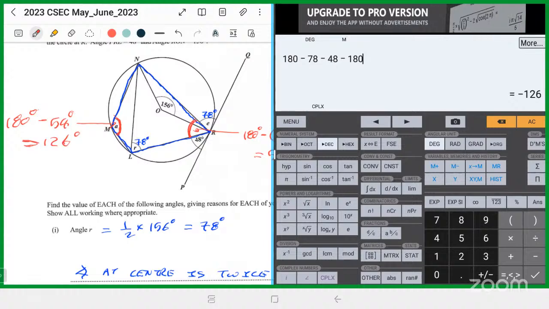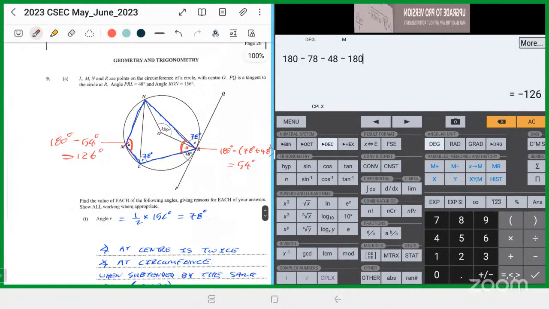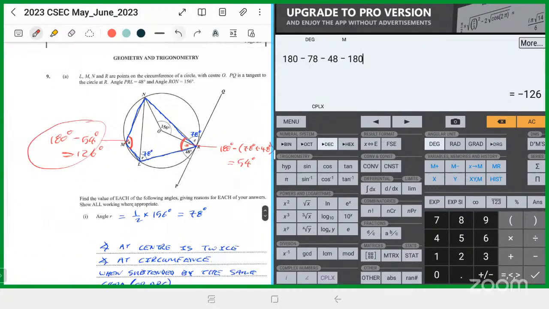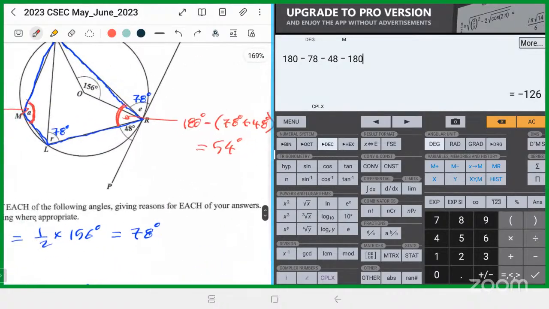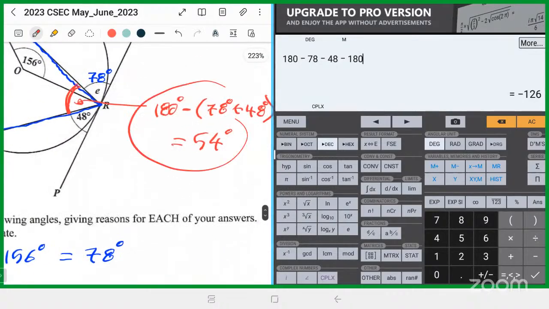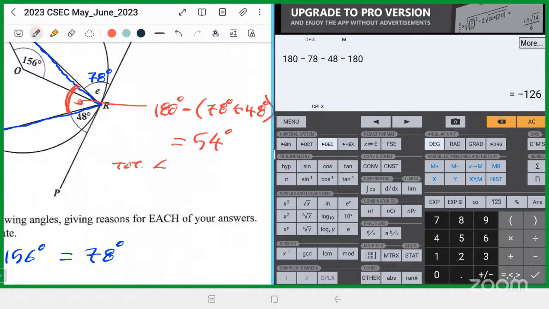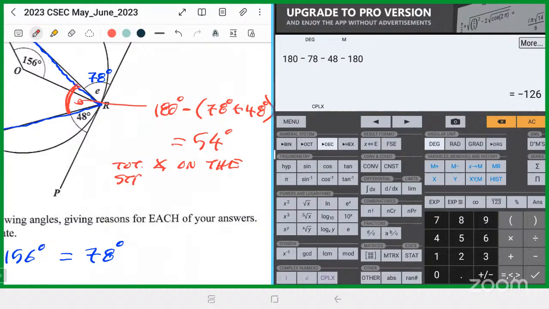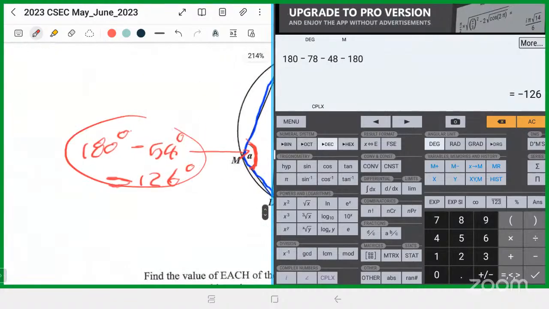Maybe there is an easier way to do it, but that's the way I'm seeing right now. So first I'm going to say that the total angle on a straight line is 180 degrees, and I can leave these workings on the paper and put the reason right here. Total angle on a straight line is 180 degrees. That's what I'm using over here. And then now over here, why do the 180 minus that? It is because opposite